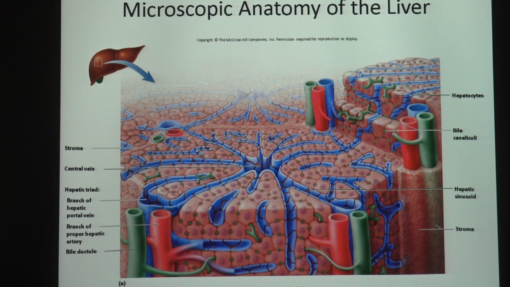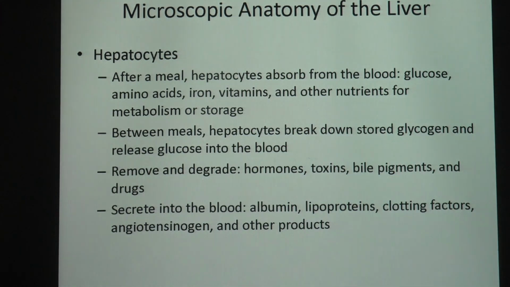The other thing I want to point out is that with the liver and with hepatocytes, you are looking at sinusoidal capillary beds. And again, the sinusoidals are the ones that had really, really big holes in them. And we talked about the fact that they are on-ramps and off-ramps for the blood that's being delivered into that area. Okay, so there are the hepatocytes